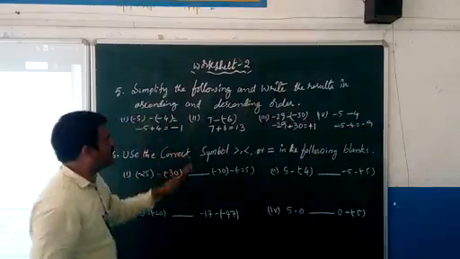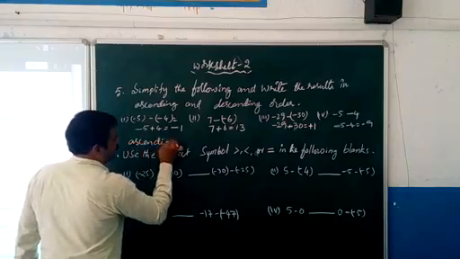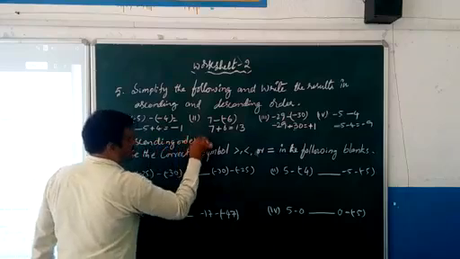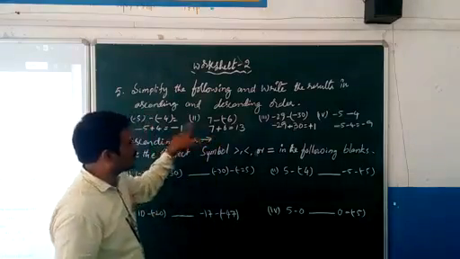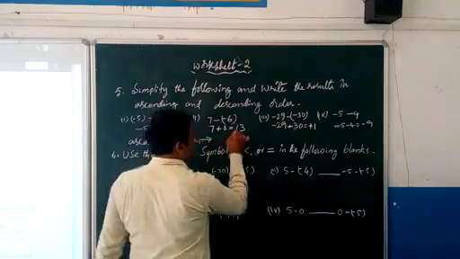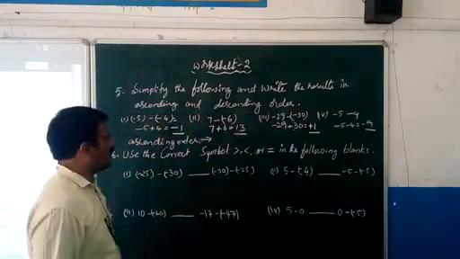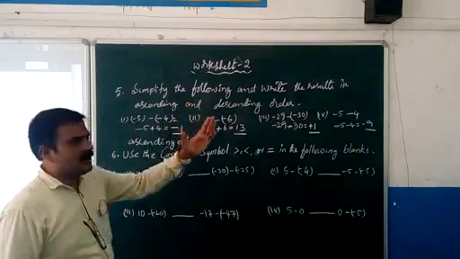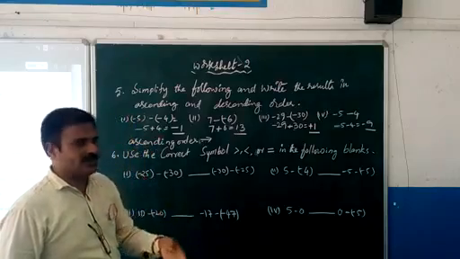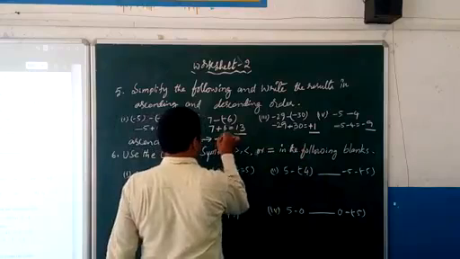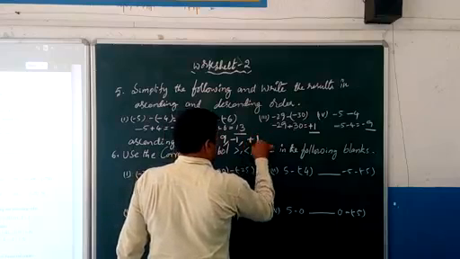Now write these results in the ascending order. Ascending order, if you write here minus 1, 13, plus 1, minus 9. Here the least value is the negative value whose magnitude is more, that is the least. So minus 9, comma, minus 1, comma, plus 1, comma, 13.